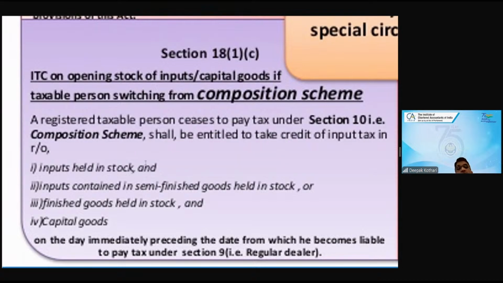Now, third scenario, 18(1)(c): what happens to ITC on opening stock of inputs and capital goods if the taxable person